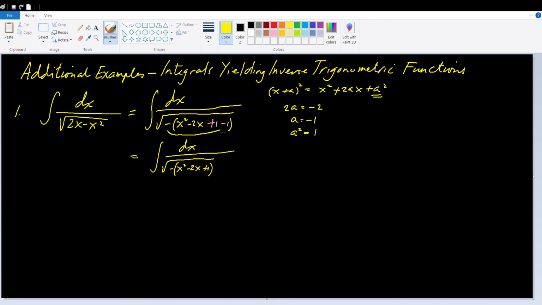Negative of -1 is +1. So let us rewrite this as dx over the square root of 1